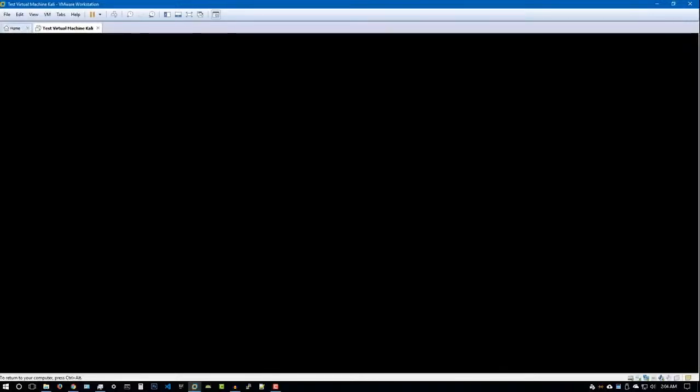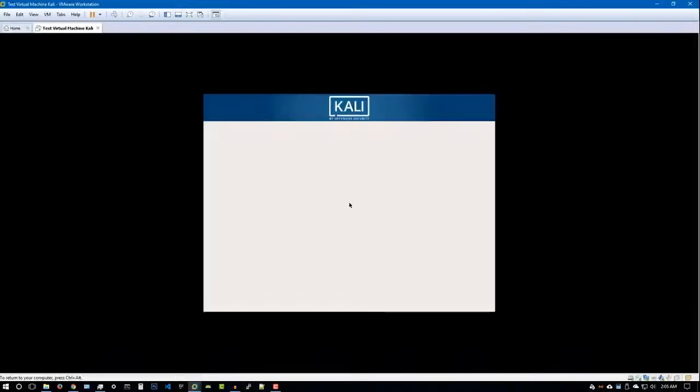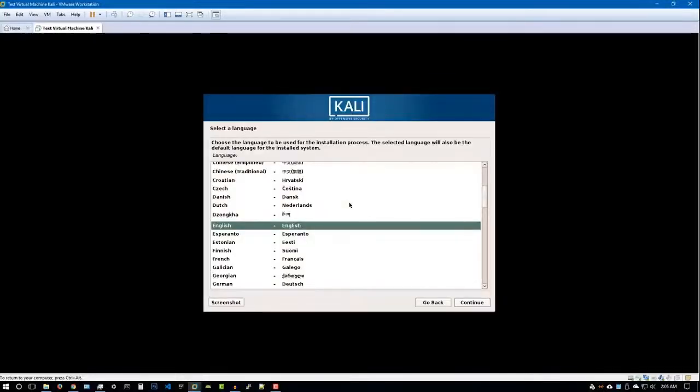And just give it a few seconds to start up. It shouldn't take too much time at all. There we are, it's mounting the storage device. Don't worry if you get a few errors here and there. It should start up just fine. There we are, so it's going to start up, and here is the installation